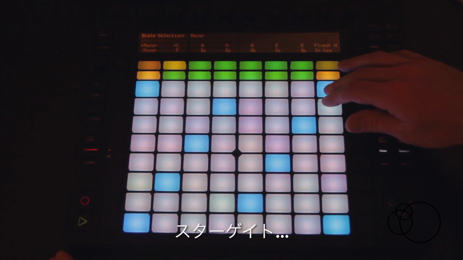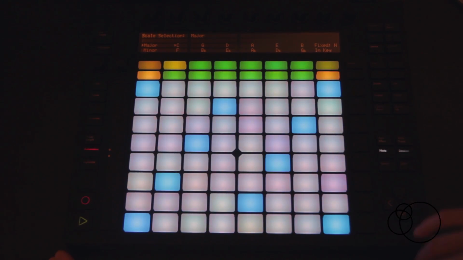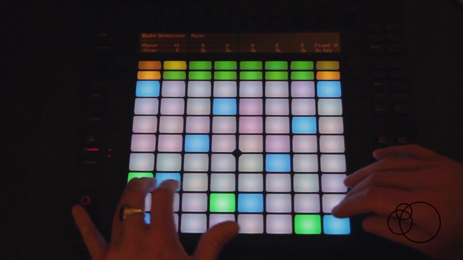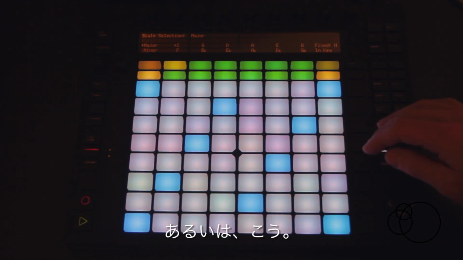Stargate right there, right? It's easier probably to play a scale this way though. Right? Or